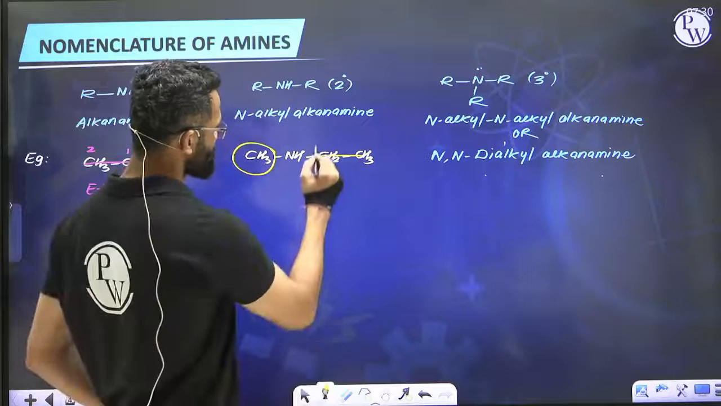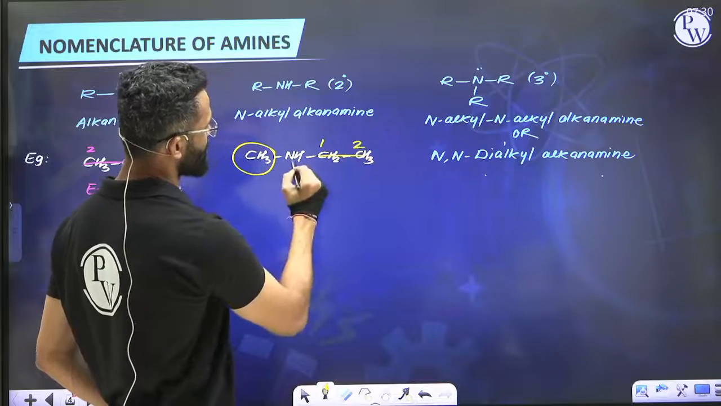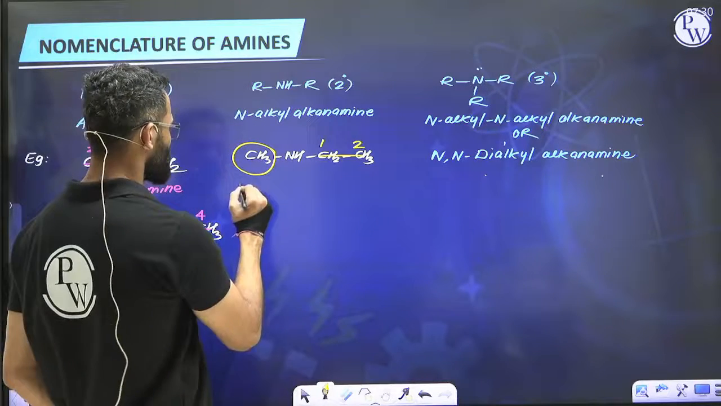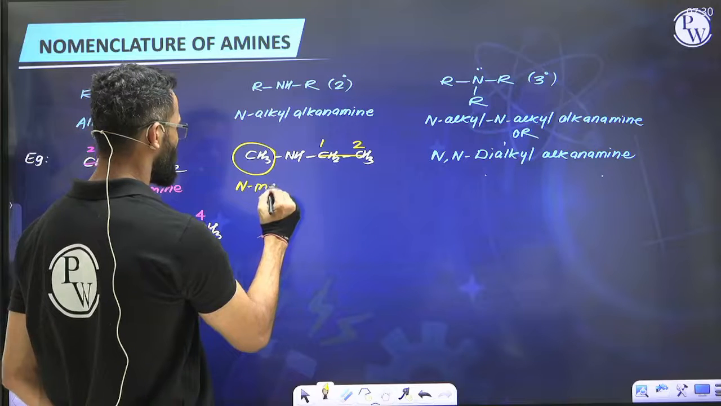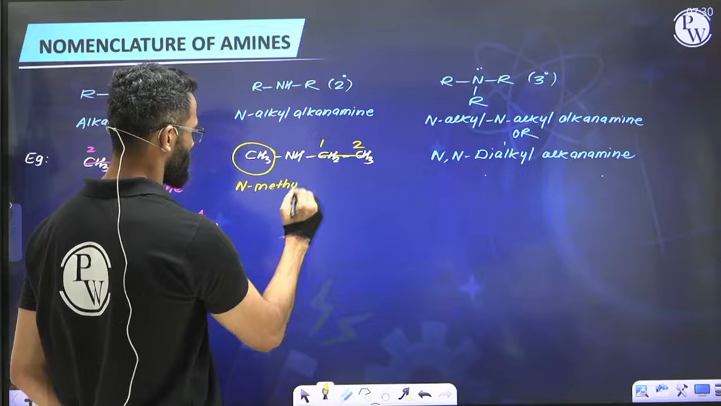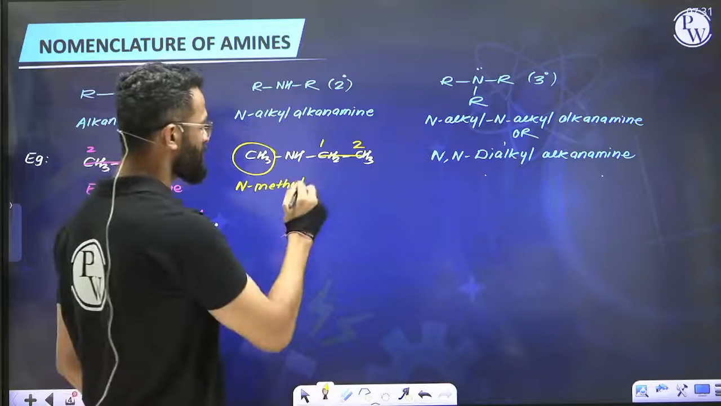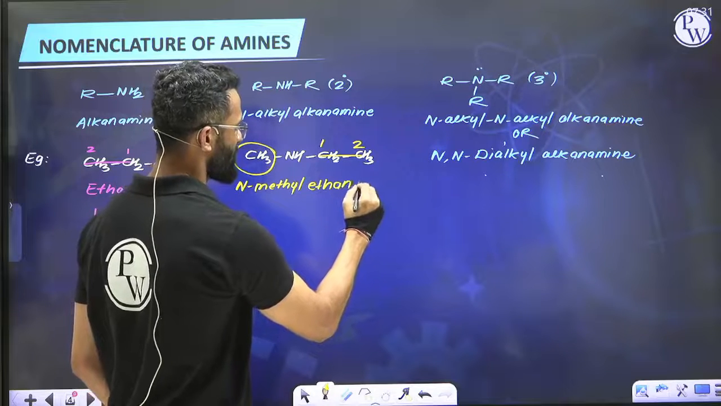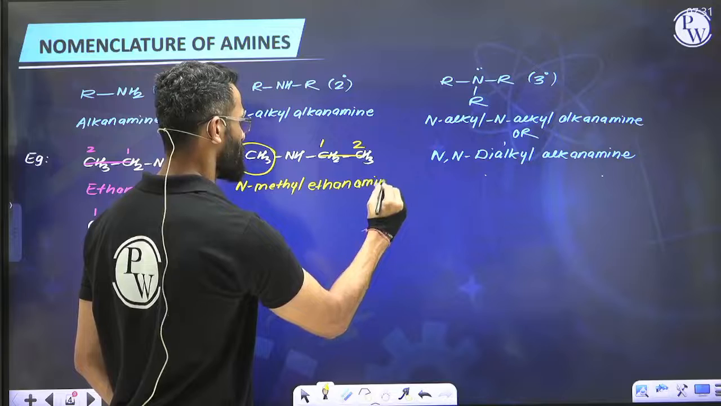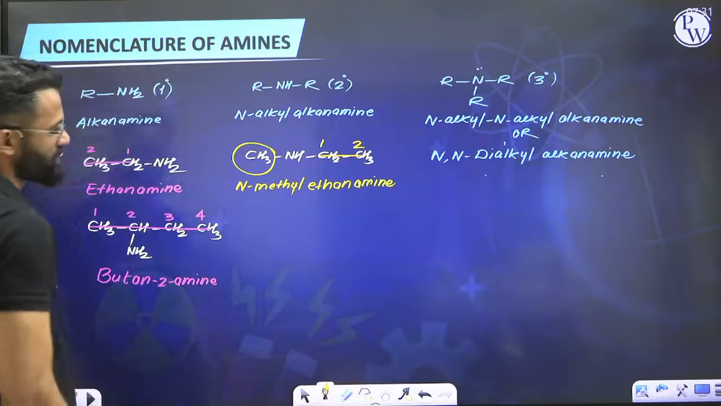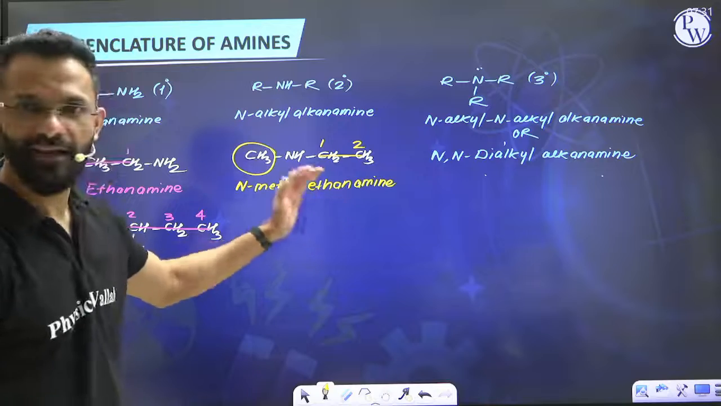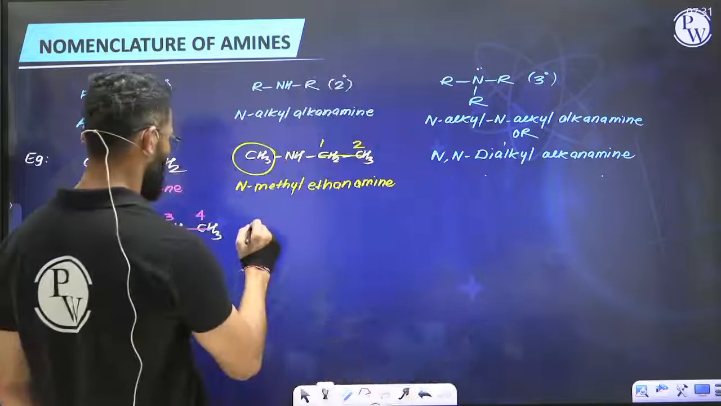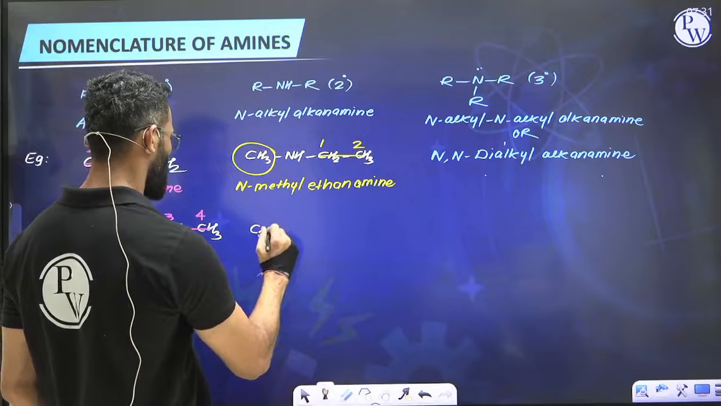In the longest chain, I'm doing numbering in such a way that the functional group, secondary amine, is attached to the lowest possible number. So I've got methyl present at N, so the naming will be N-methyl, present on a parent chain containing 2 carbons, that is eth, carbon-carbon single bond is ane, amine. So the name of the molecule is N-methyl ethanamine. Now just to take one more example, let's say now we have got C2H5